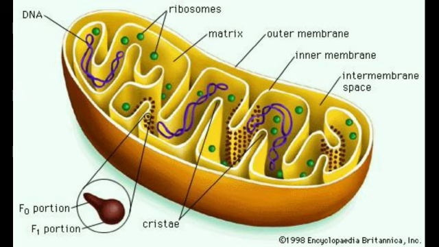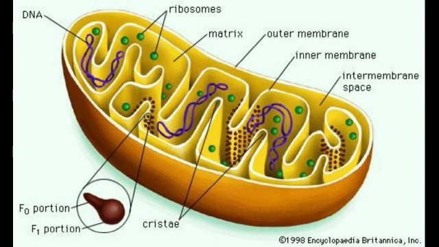The functions of mitochondria are, it is the main organelle of cell respiration. They produce a large number of ATP molecules. So they are called as powerhouses of the cell or ATP factory of the cell. It helps the cells to maintain normal concentration of calcium ions. It regulates the metabolic activity of the cell.